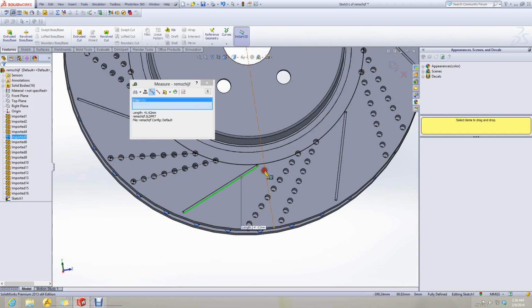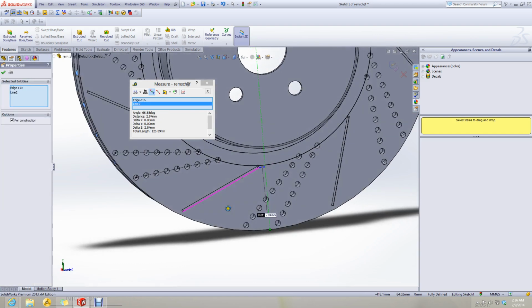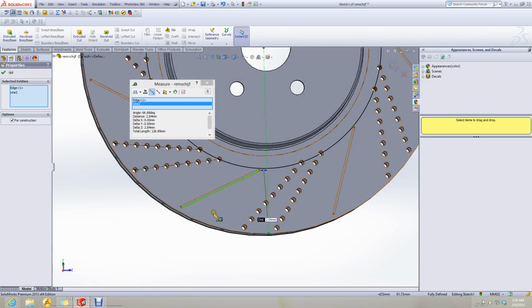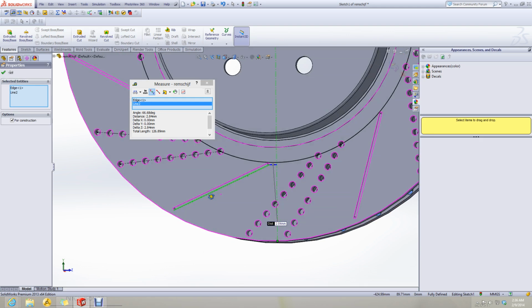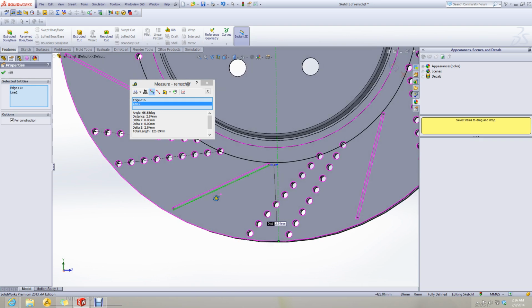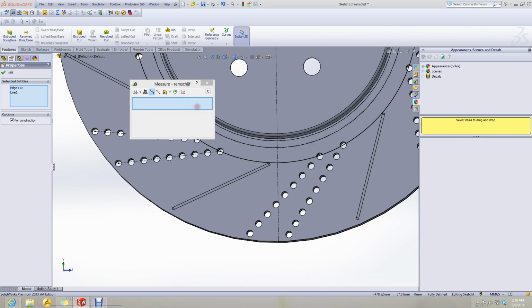Its angle with the line is 66.68. And let me save these measurements.